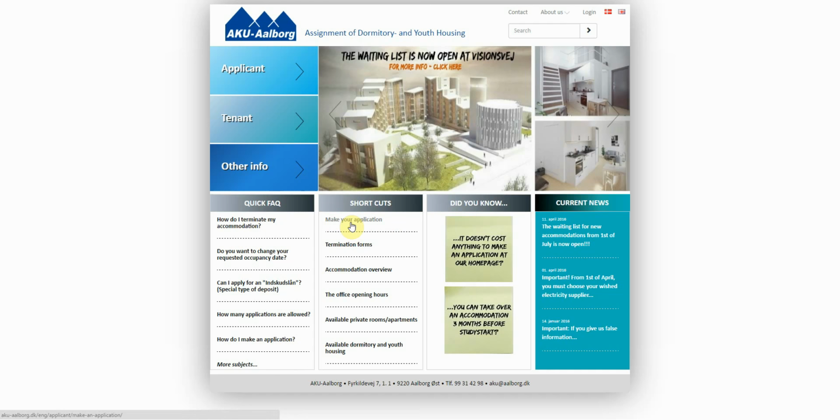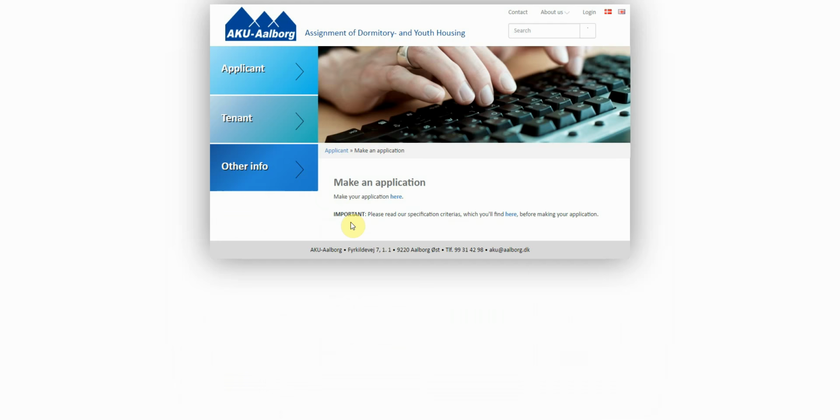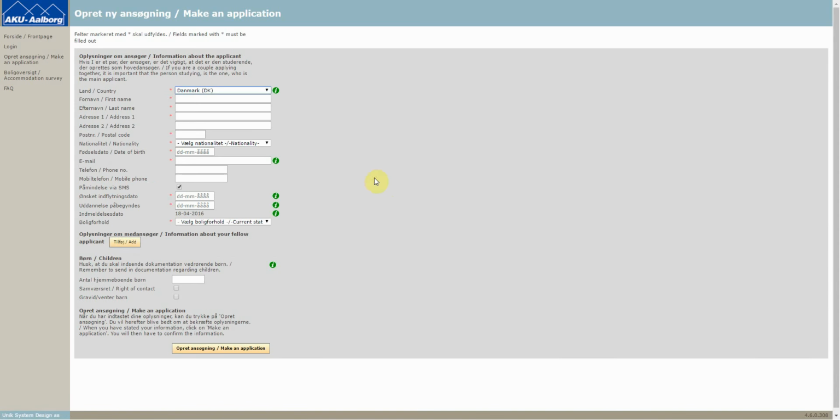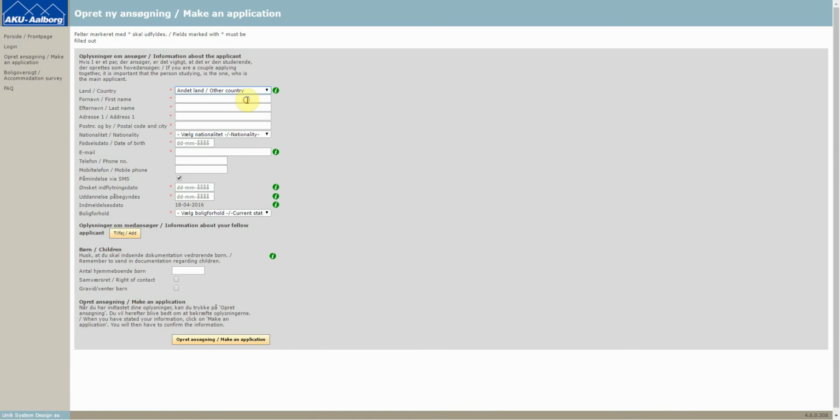Make your application, you click on it, then another window will pop out, and then you need to click here again, and a new tab is coming out. This is how it looks like. Then you need to select a country, either Denmark or other land, and I presume you're a foreigner, so we choose other country. And then we start with the application, starting with first name, then surname,